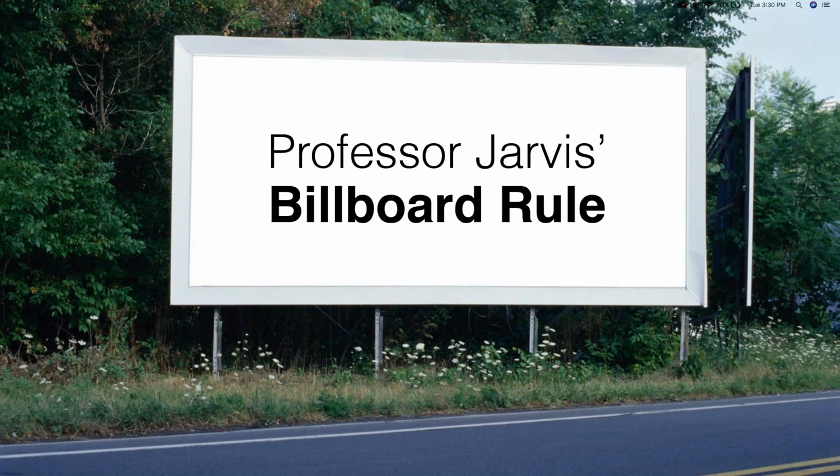Starting us off with visual elements is something I like to call my billboard rule. I'd like you to visualize you're driving down the highway and you see a billboard on the side of the road. Let's say it's a major highway, so the speed limit's usually between 60 and 70, right? So you've got a short amount of time to view that billboard, make sense of it, and figure out, does this apply to me or not, right?